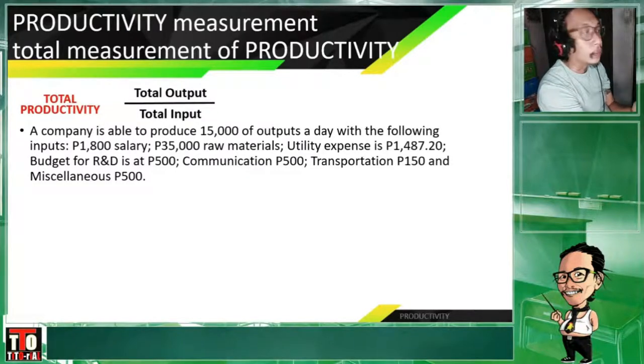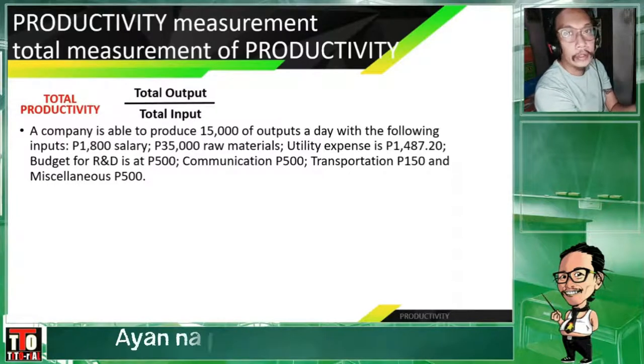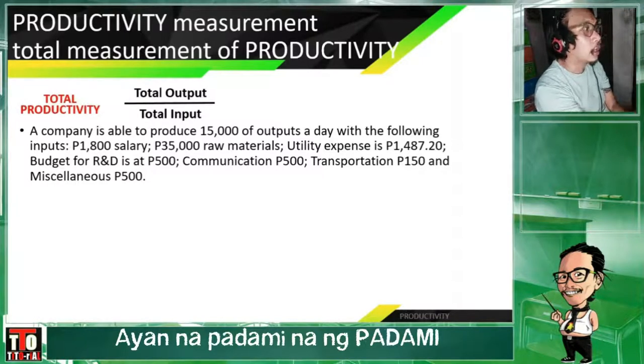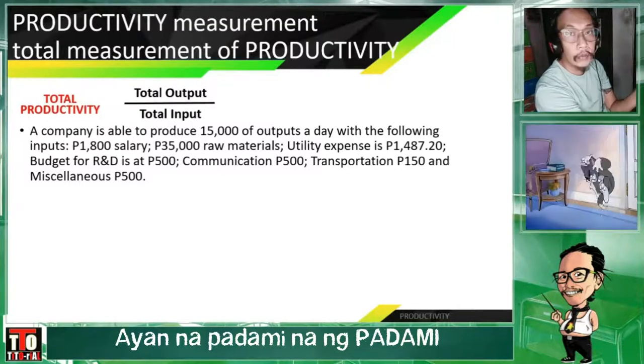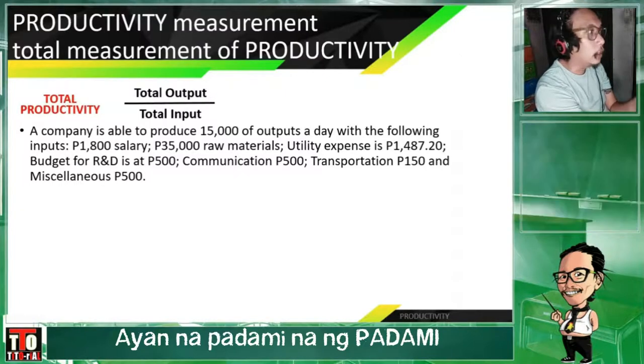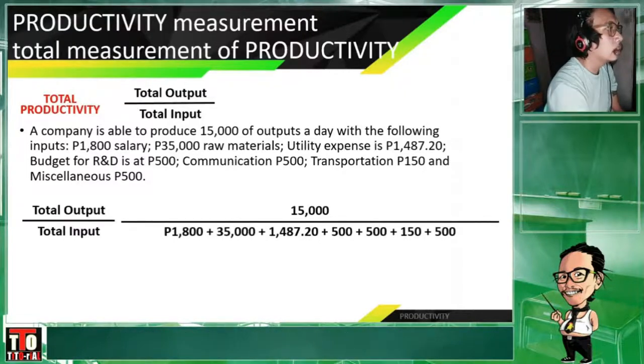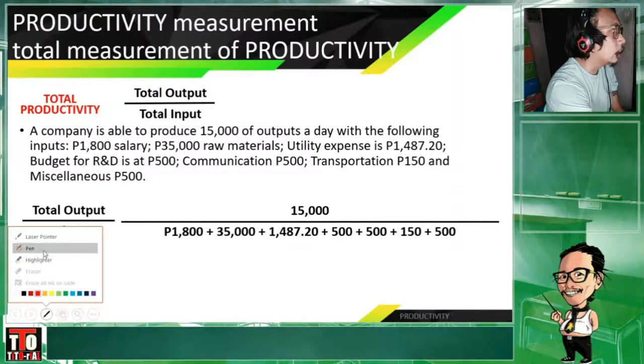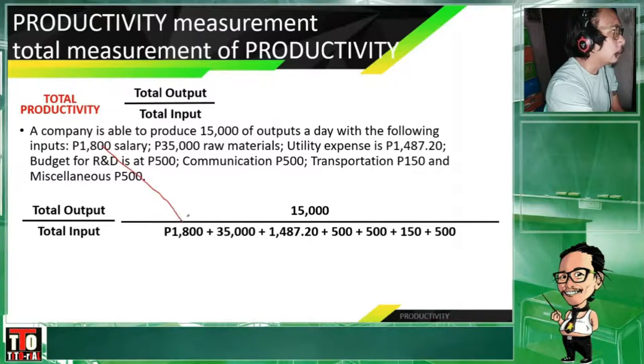with the following inputs. You have 1,800 for the salary, 35,000 raw materials, utility expense is at 1,487.20. Your R&D budget or research and development budget is 500. Communication budget is 500. Transportation 150 and miscellaneous expense at 500 pesos. Okay. So, pinagsama-sama na natin yung mga input na nandito. So, you have 1,800 salary, 35,000 raw materials, you have utility expense,